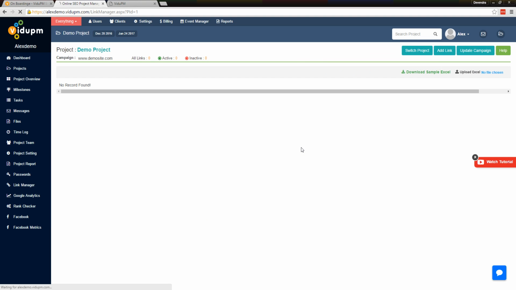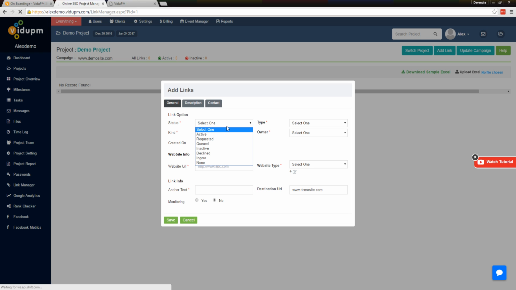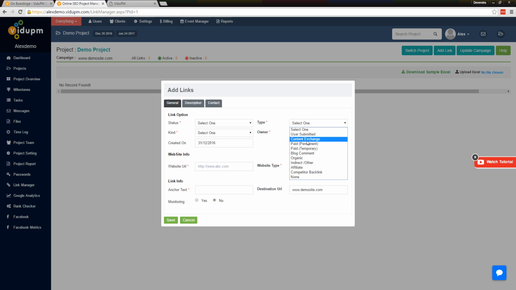And now I can import all my existing links if I am already managing them from somewhere. So you can download the sample Excel file and import all of them once, and if this is a new project, you can just continue adding the links manually by clicking on add link. So status like active, requested, this is just to keep track record of your linking progress. And then you can select the type of the link. Then you can select if it was a link for a text or for an image, and who basically created this